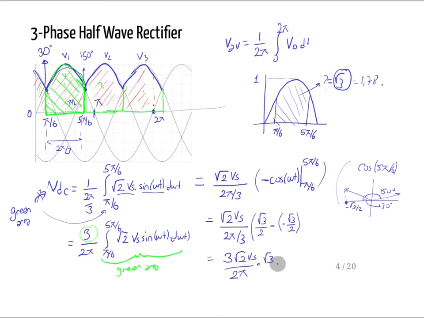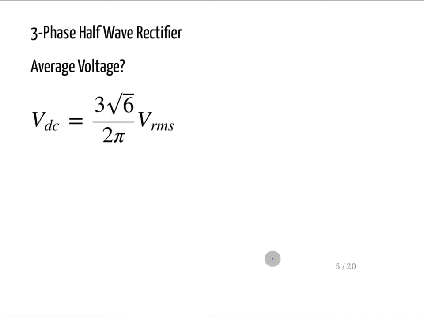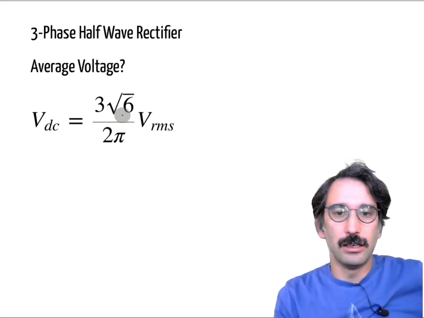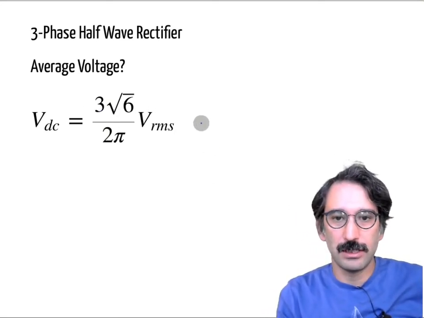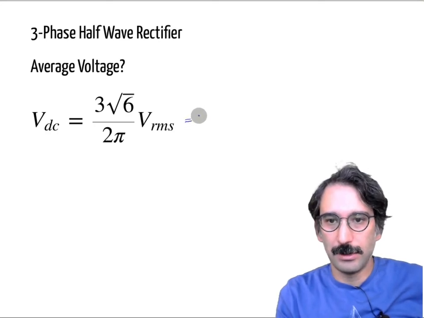And if you write that one, it is 3 square root 6 divided by 2π times Vs. Okay, so this is your average voltage, and that one is like 1.17 Vs RMS. Again, this is the RMS voltage. So this is your output voltage, 3 square root 6 divided by 2π VRMS,